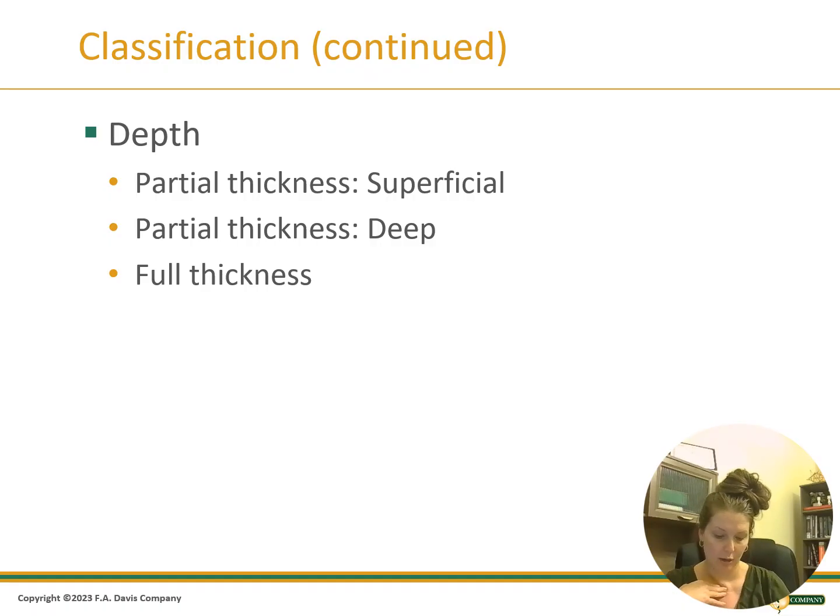The eschar is going to harden, be inelastic, and you're going to have minimal sensation with this, okay? This is going to take weeks to months. There's going to be scarring, possible grafting needed. This is going to be from scalding injuries, grease, tar, chemicals, electrical burns, and prolonged exposures to